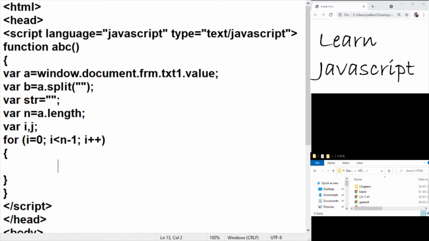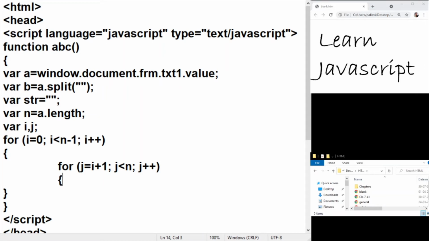Now here we're going to use another loop, and this is where I'm going to start from the next position to the current fixed position. So I will look at one position and j will loop through the rest of the items there in the array b. So j should be less than n.